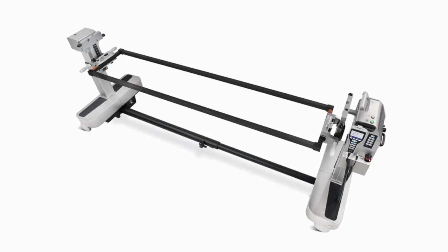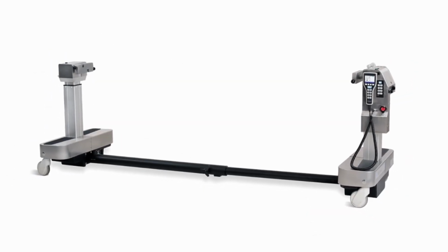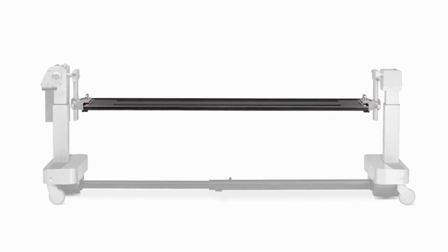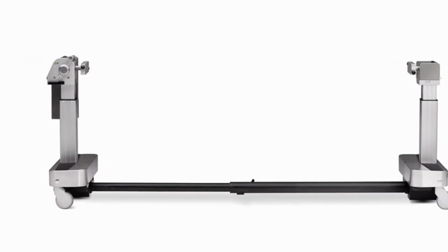Welcome to this instructional video by FSI and Mizuho OSI, your guide to setting up and breaking down the Trios table. Our goal is to equip your team with the essential knowledge on how to properly set up the Trios